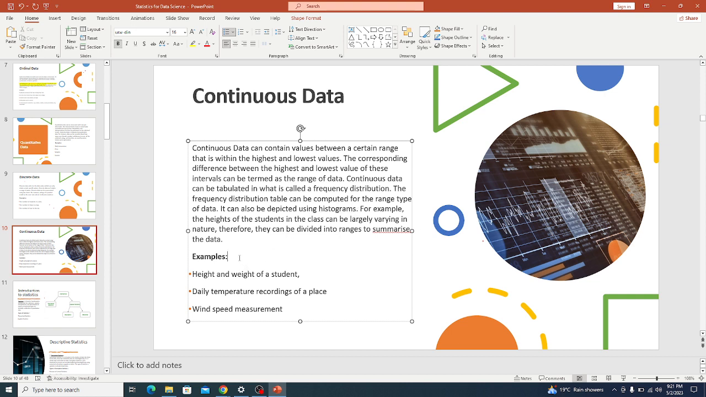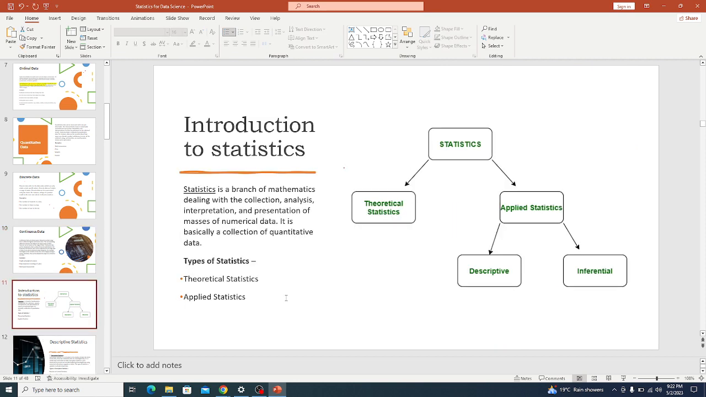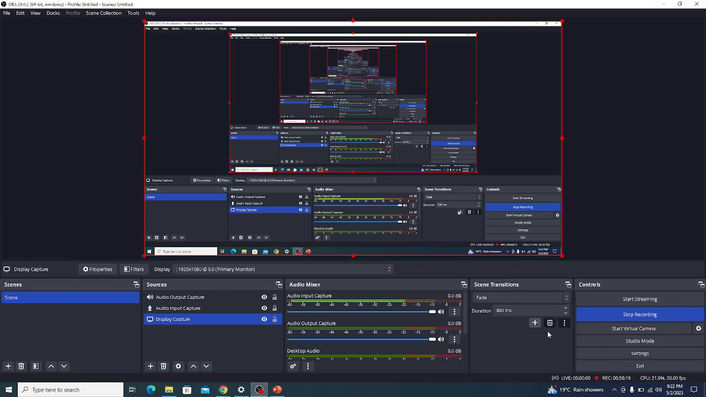So we have some examples like height, weight of a student, of course, that's continuous. Daily temperature recordings, those are continuous. And wind speed measurement can also be presented as continuous data. I think that's all for